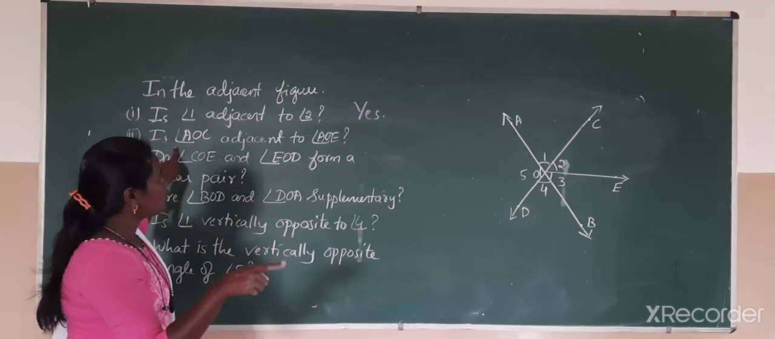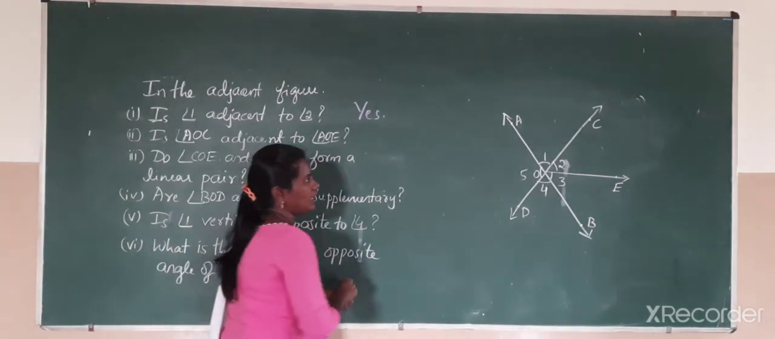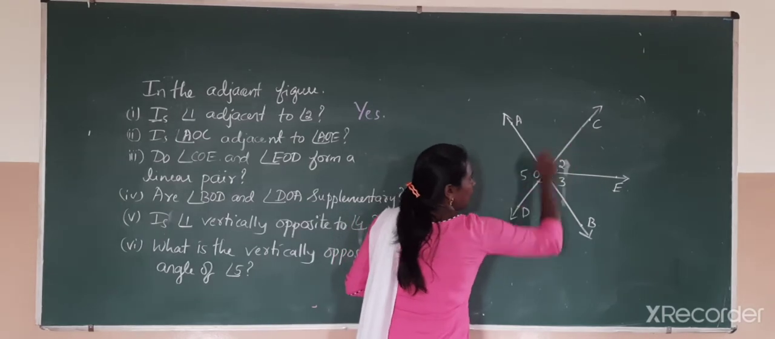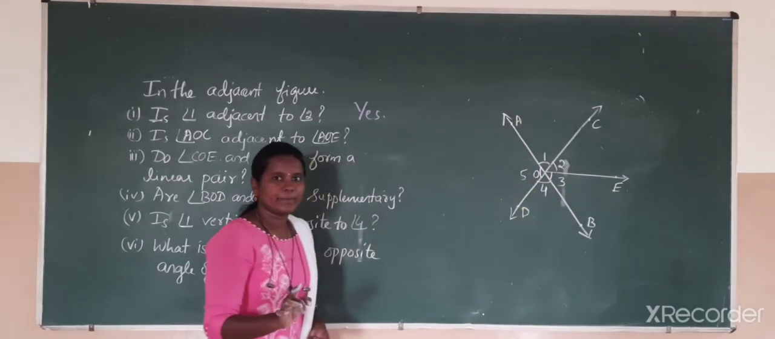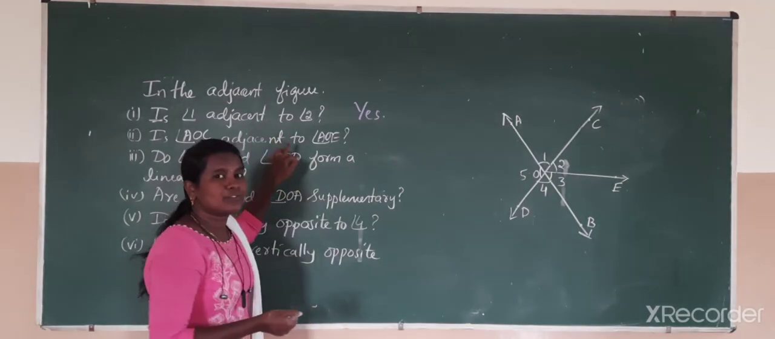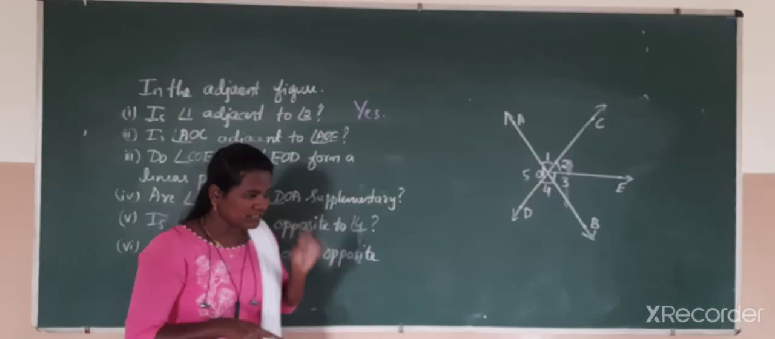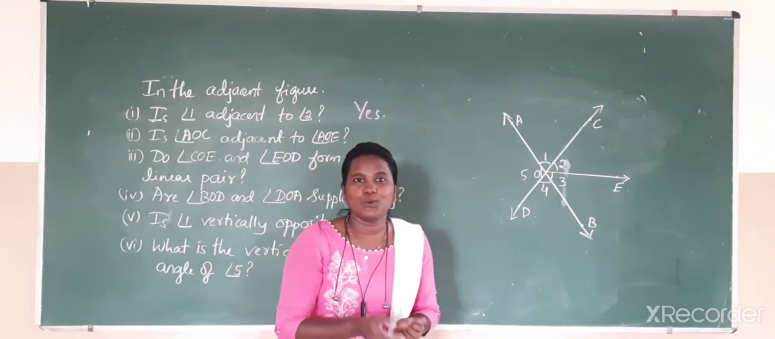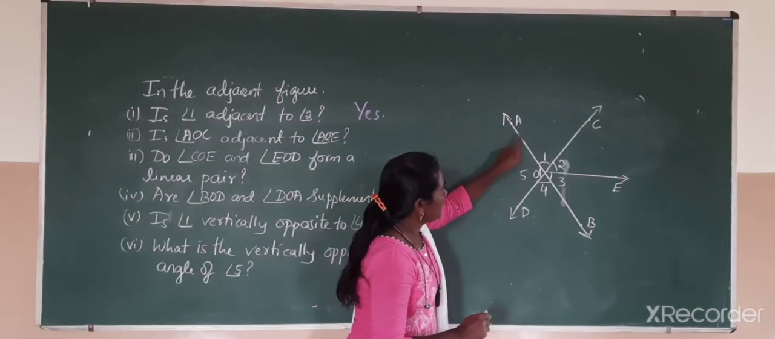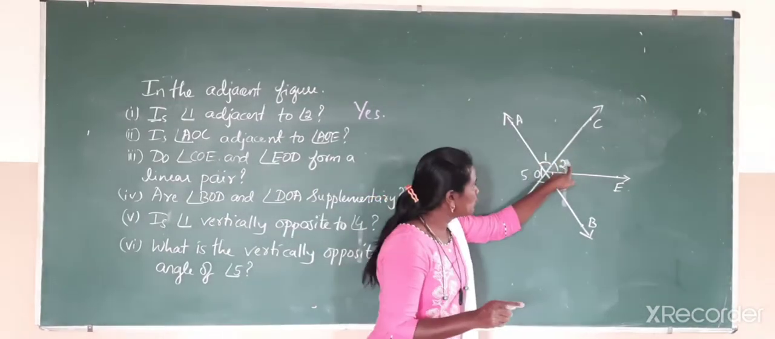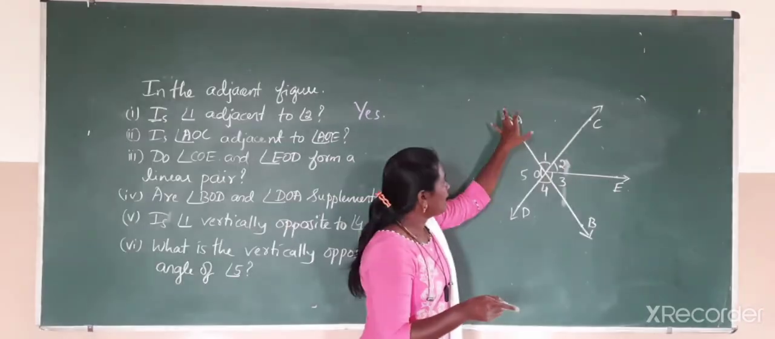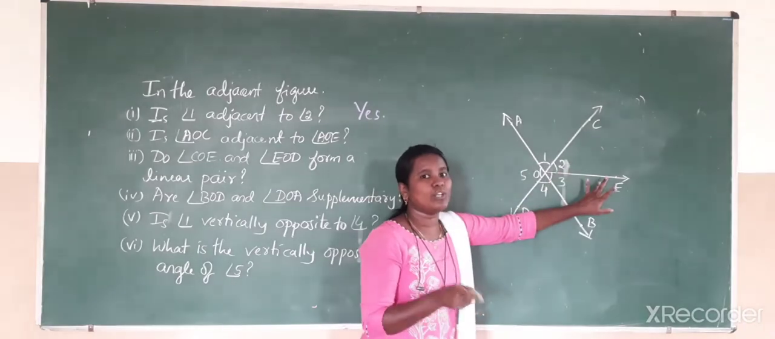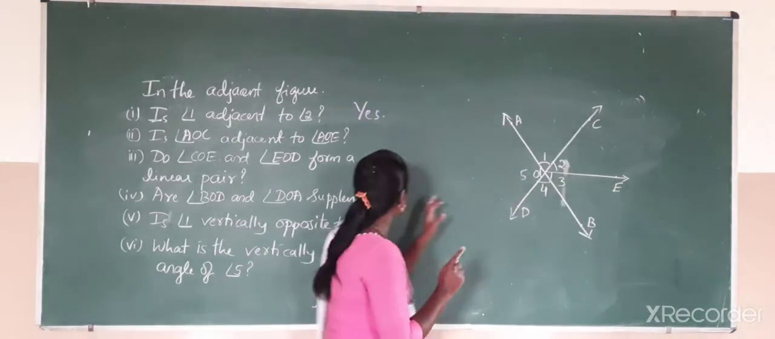Is AOC adjacent to AOE? See, this question is different. You may think that both the questions are the same. No. One is AOC and 2 is COE. So which two angles are adjacent? AOC and COE are adjacent. But the question is